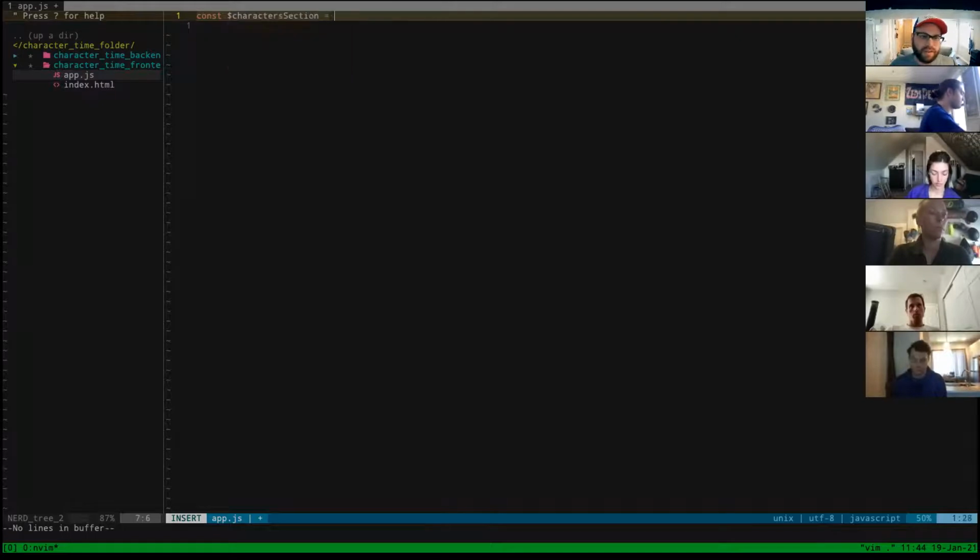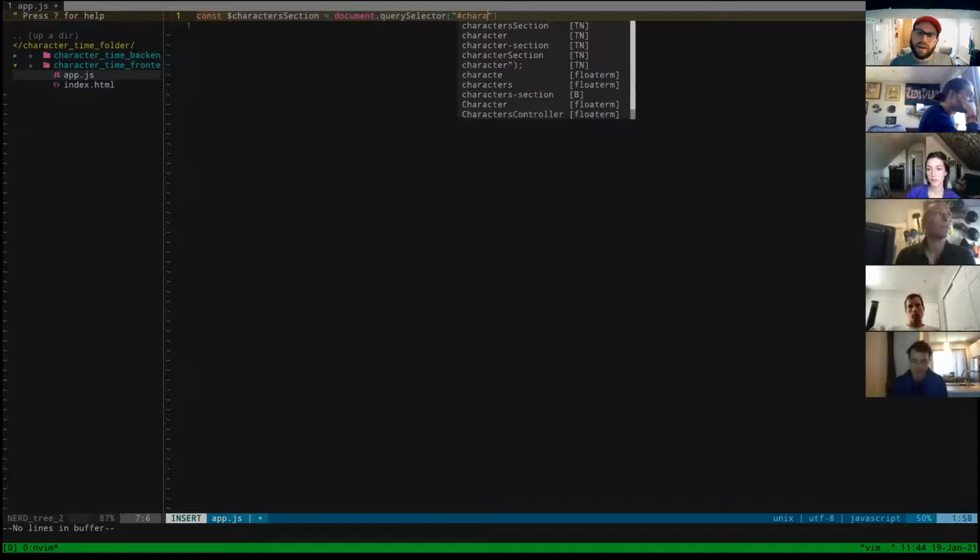And we are going to set that equal to document.querySelector. And I am going to grab it by, I think I gave it a class name, but I should have given it an ID. So I'm going to grab it by ID. And it was called characters